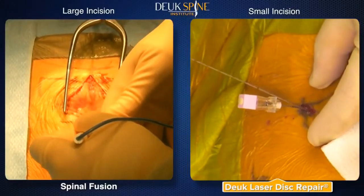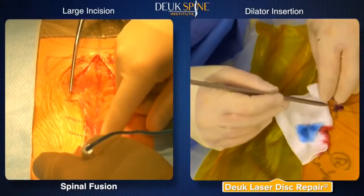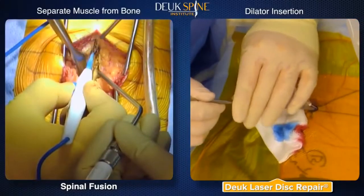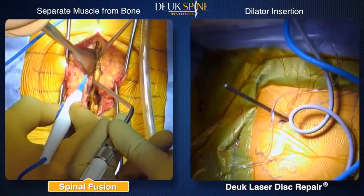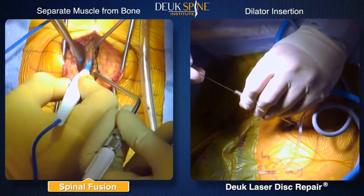In this small opening, a cylindrical rod, called a dilator, is inserted to gently spread the muscle to create a small passage and guide through which the surgery is performed endoscopically. The incision for the fusion continues, including penetrating the skin, fat tissue, and multiple layers of muscle through to the